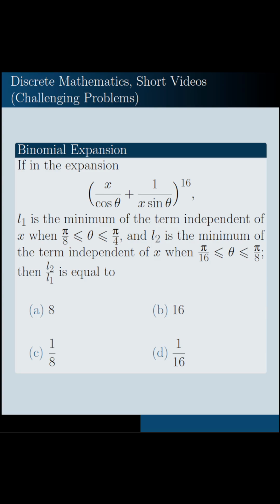Hello, in this short video we are going to solve the following challenging problem on the topic of binomial expansion. If in the expansion of the expression that you see on the display now, L sub 1 is the minimum of the term independent of x when pi over 8 is less than or equal to theta less than or equal to pi over 4, and L sub 2 is the minimum of the term independent of x when theta belongs to the interval from pi over 16 to pi over 8, then L sub 2 over L sub 1